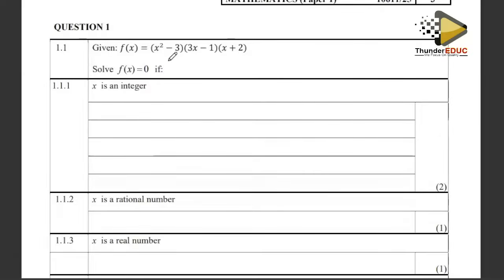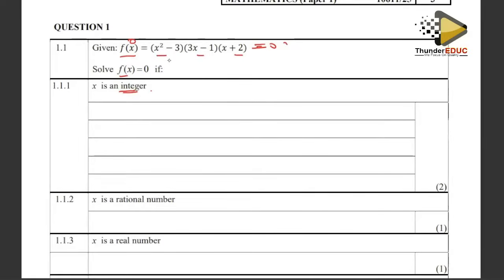All right, question number 1. They're telling us that if you're given f(x) being (x squared minus 3)(3x minus 1)(x plus 2), we need to solve for the function of x, okay? If f(x) is equated to 0, we must solve for x if x is an integer. Now, we know that integers are basically positive and negative whole numbers. But looking at the brackets, we consider the only